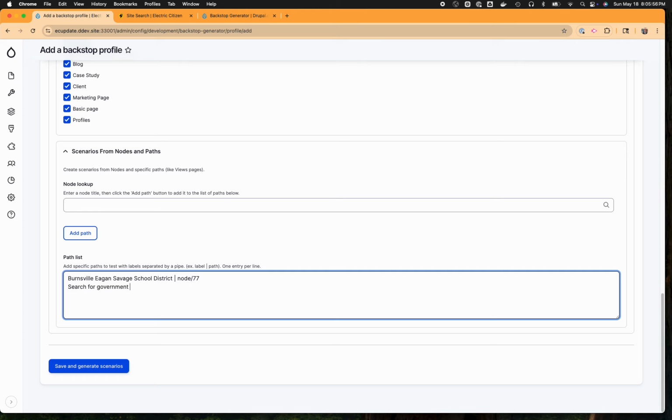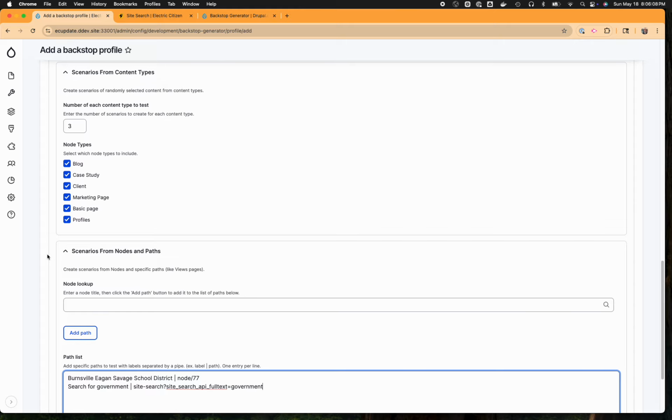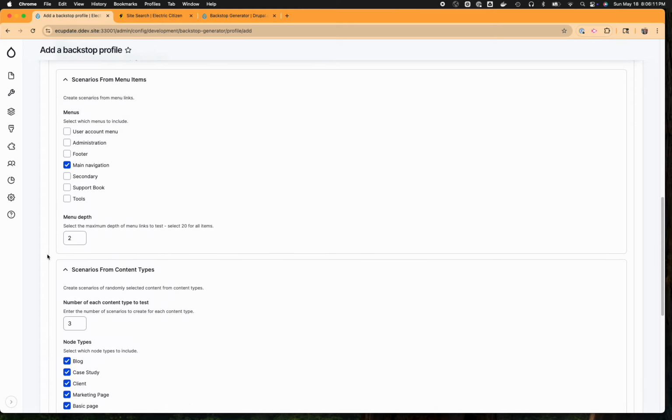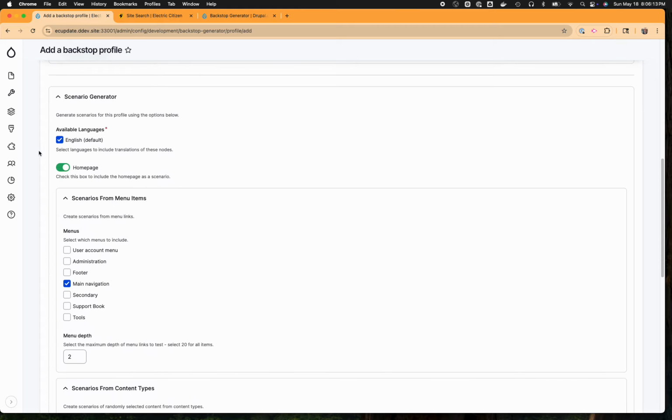And separate it with a pipe and paste the path. Now, whether or not you use a space on either side of that pipe is up to you. Processing will take it out, and that's it. So we've defined a list of scenarios that we want to create, and then that entire list will be created